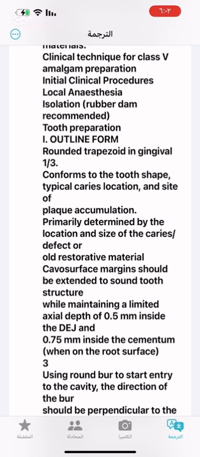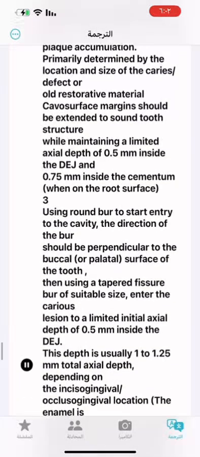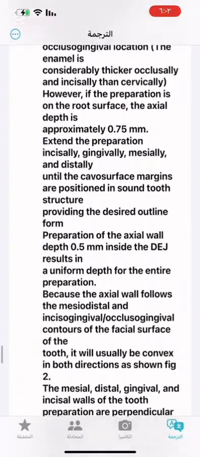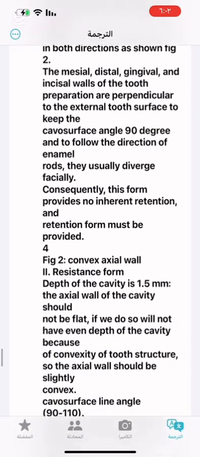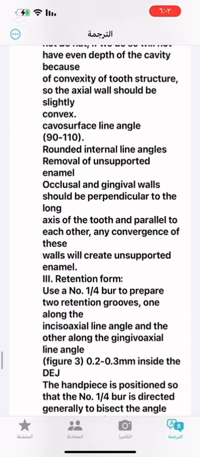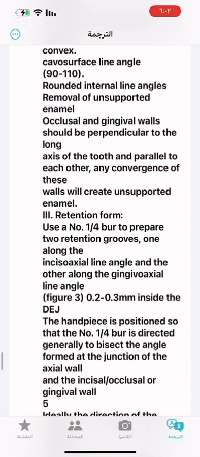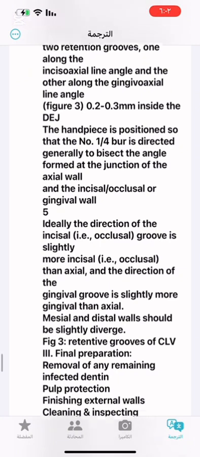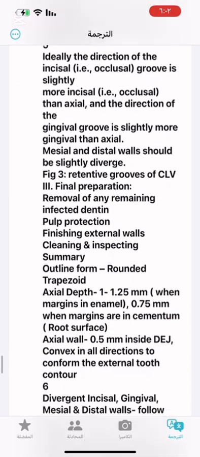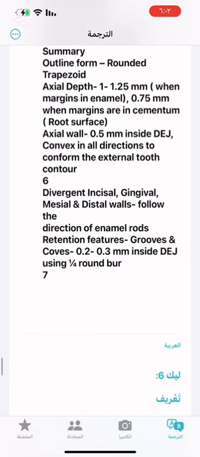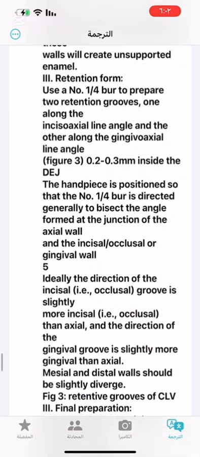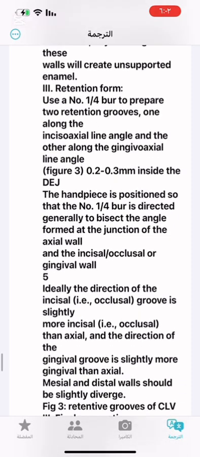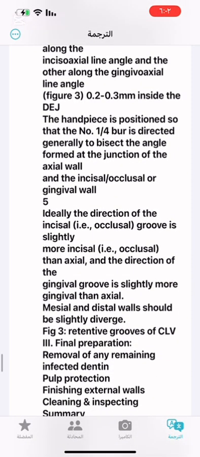Extend the preparation incisally, gingivally, mesially, and distally until the cavosurface margins are positioned in sound tooth structure, providing the desired outline form. Preparation of the axial wall depth 0.5 mm inside the DEJ results in a uniform depth for the entire preparation. Because the axial wall follows the mesiodistal and